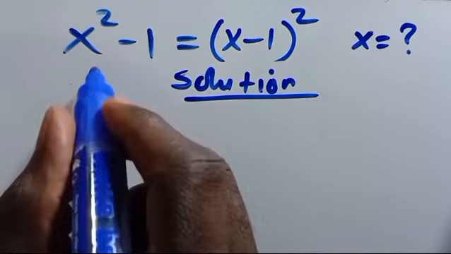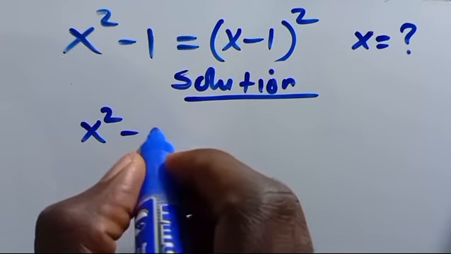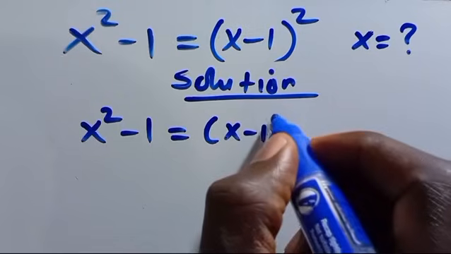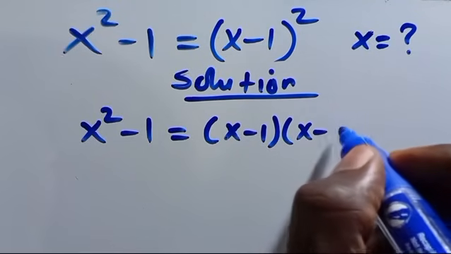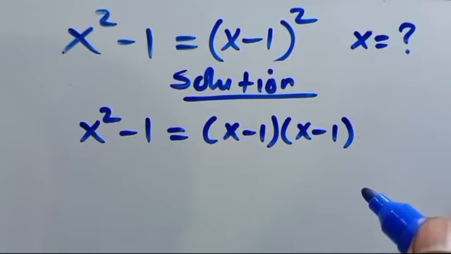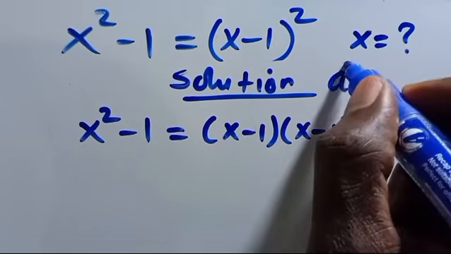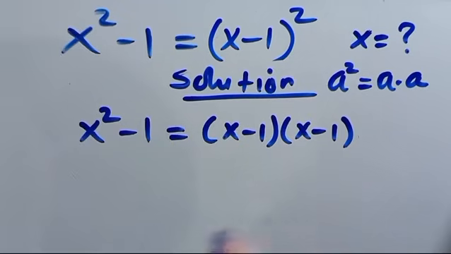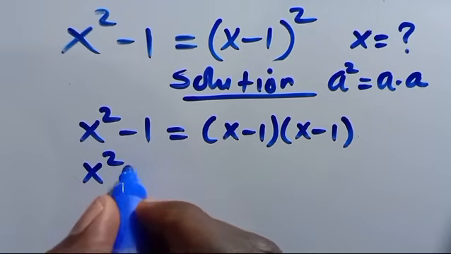Let us recall that we have x squared minus 1 equals, we can have this as x minus 1 times x minus 1, because when we have a squared, it equals a times a. So from here we have x squared minus 1